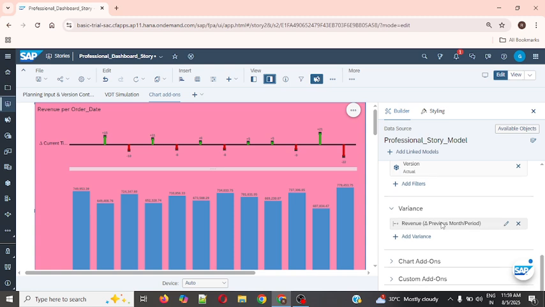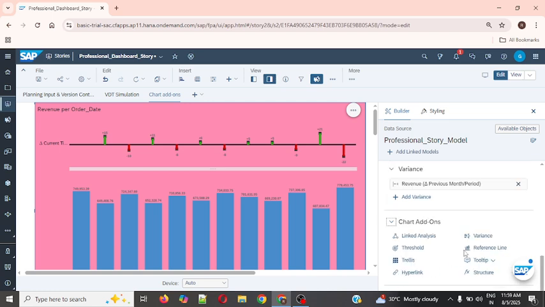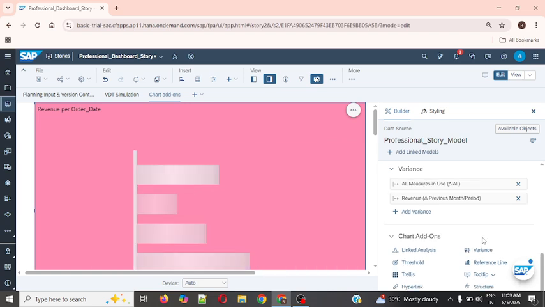Now what is a variance chart add-on? So how you can do it? So go here and you have to just click on this. It's already there. You just have to click on variance. Once you click on variance,